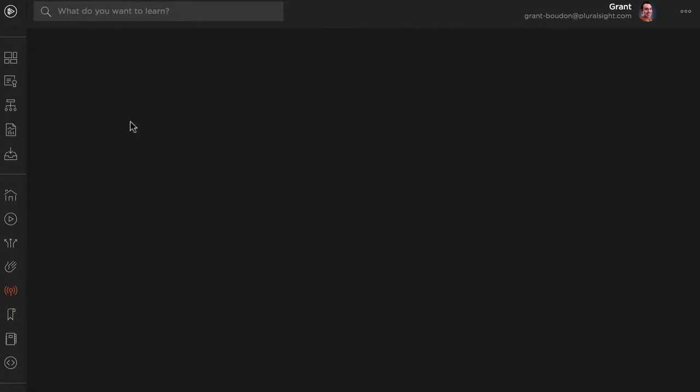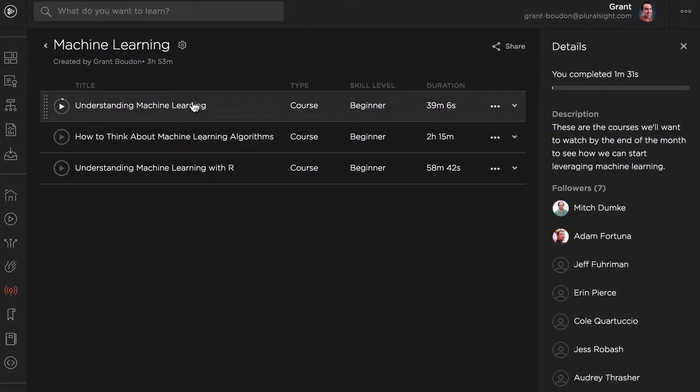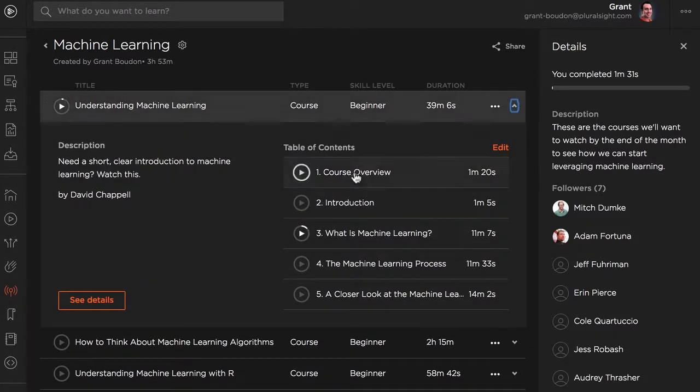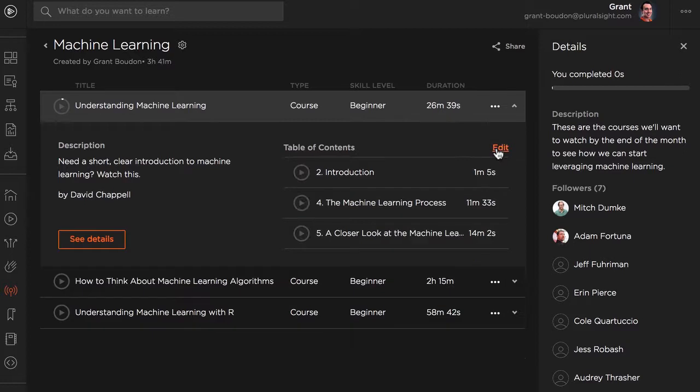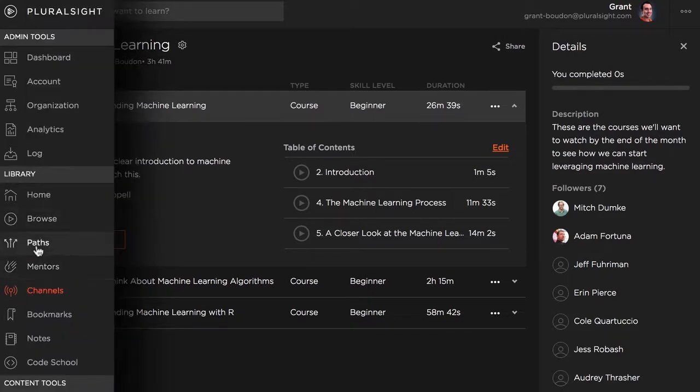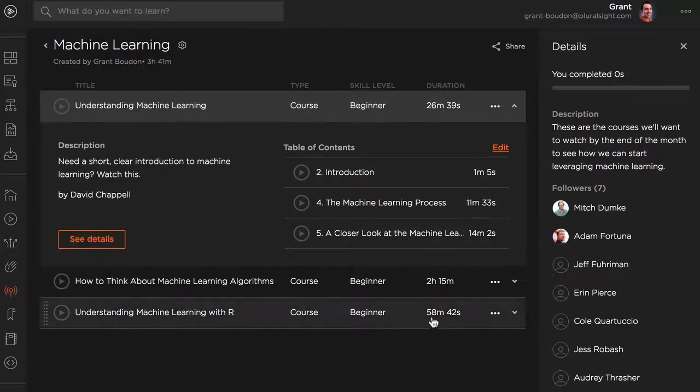Now within these, you'll be able to add specific courses, or modules within courses. You can see here, if you just want specific modules, you can add a course and then come in here and just say which specific ones you want them to watch or be aligned within the channel. You can add the full course, or you can add an entire path. Paths we'll go into a little bit more, but basically those are guided and outlined training to learn a specific technology or skill. But within this channel, you can see I have people following this as well.